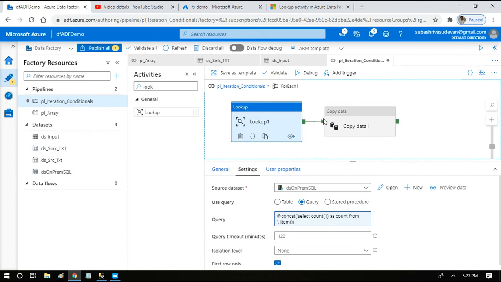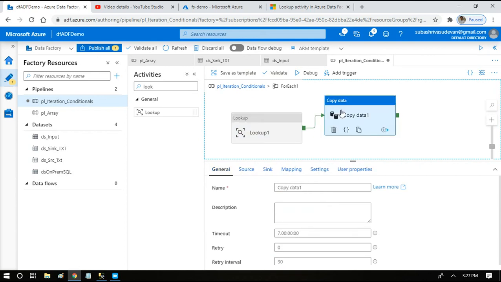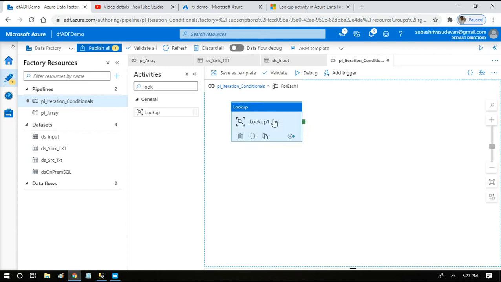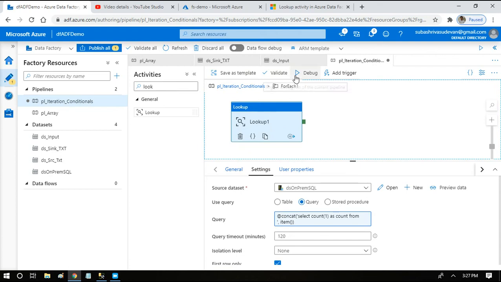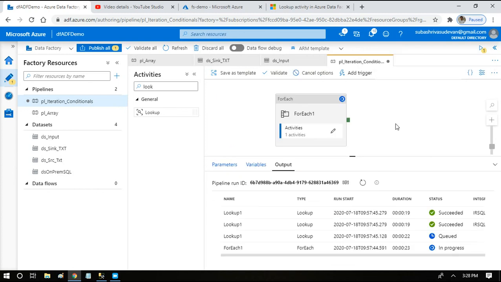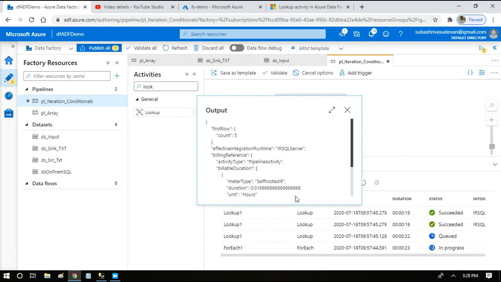Let us see how it works. Let us for now skip this copy data activity. I am cutting it. Let's see how this lookup is going to work out. I'll show you the result brought by the lookup. The for each loop is executing; two iterations have completed and the third iteration is on. For those completed iterations, we'll see what the output brought by the lookup is.